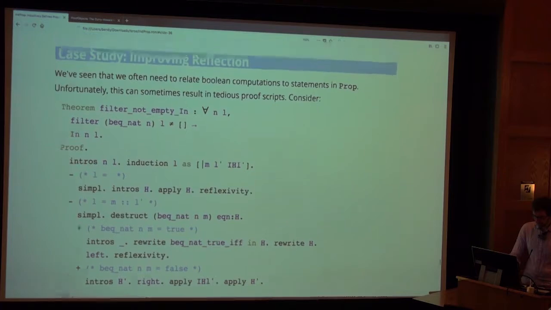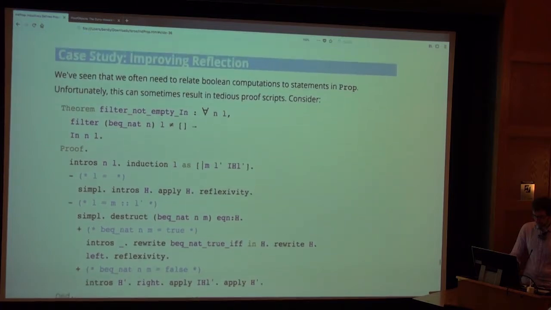I think what I'd like to do is skip. No, I'm going to cover the reflection chapter. This reflection bit's sort of important. Okay, so